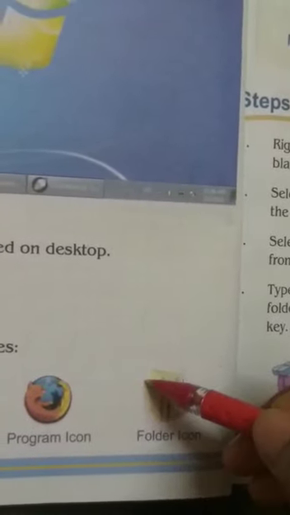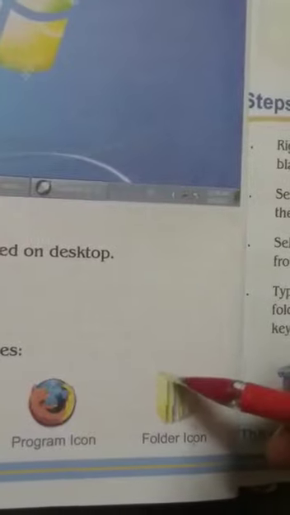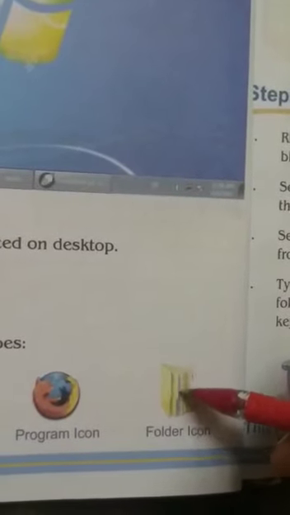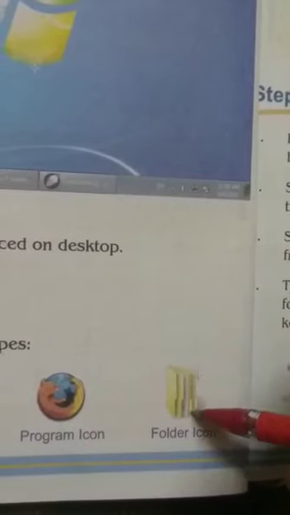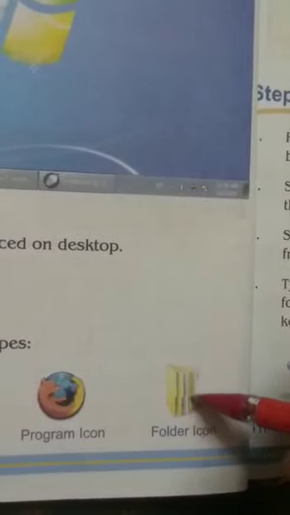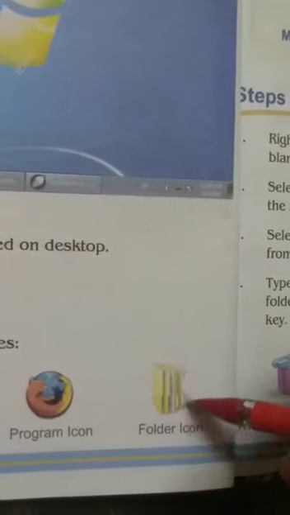Then this is your folder icon. Children, folder icons are like containers. They can hold files and folders. You can see that there are some files. So we can contain any file or folder in this icon. Now children,